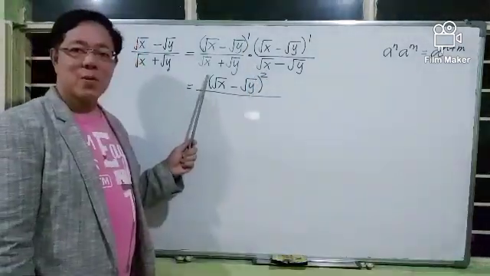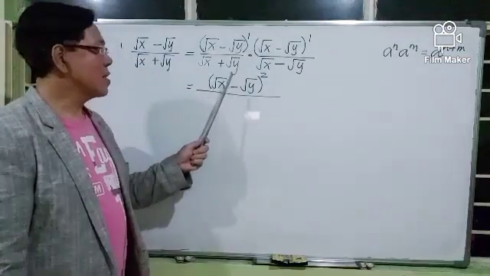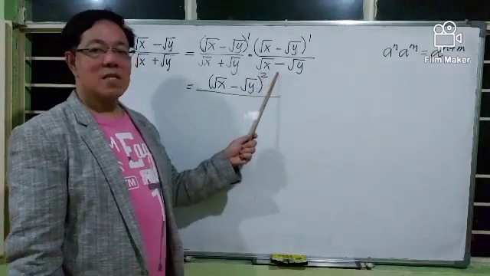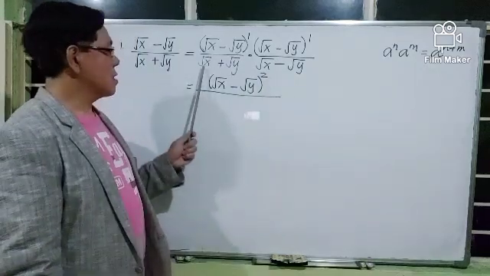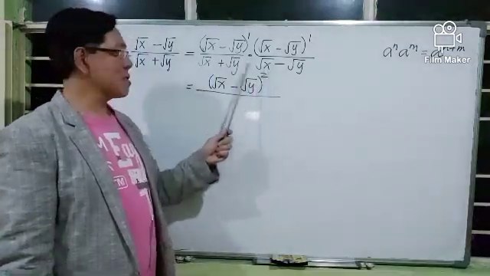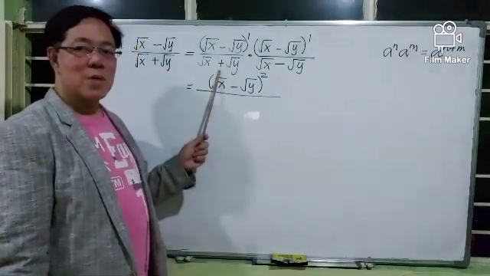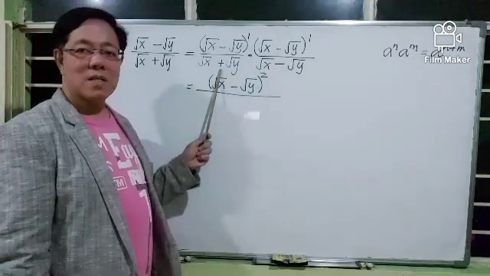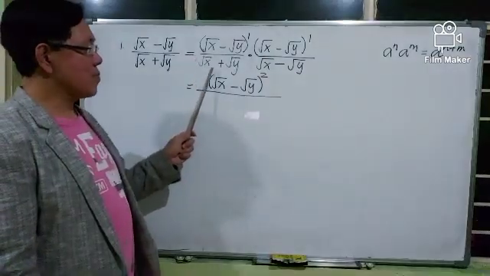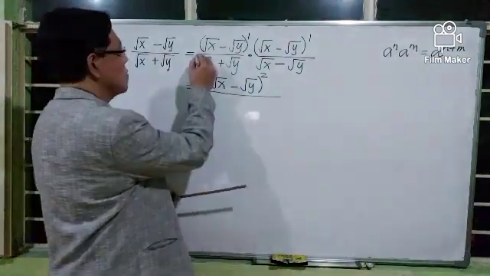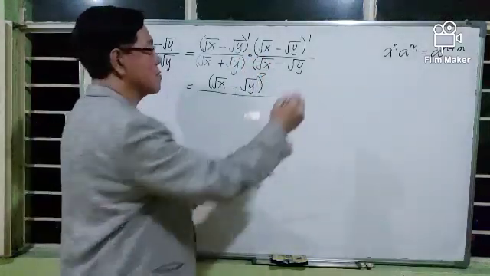In the denominator, we have the product of square root of x plus square root of y and square root of x minus square root of y. They are both binomials with the same first term, square root of x, and the same second term, square root of y. But the sign between the two terms is positive in one and negative in the other. We take the square root of x plus square root of y as one quantity and multiply it by the second quantity,